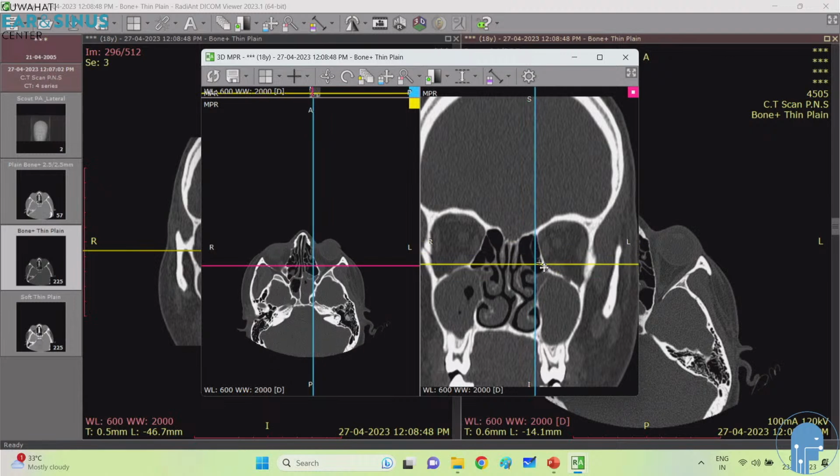You can see the ground lamella here. So the anterior ethmoidal artery,